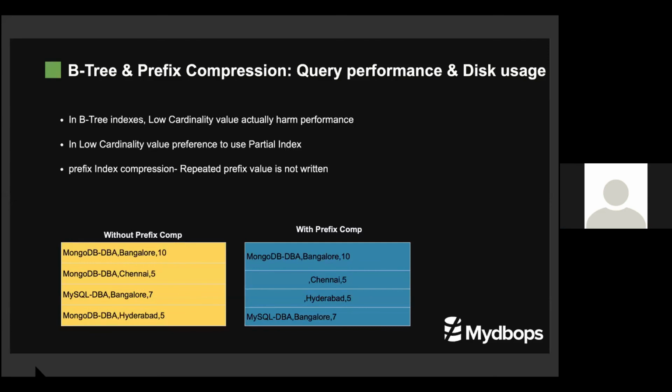The next thing is that you need to use a partial index in some cases. You need to use a high cardinality value as a prefix, and second, use the low cardinality value. It will help in some cases, but I don't say that it will increase performance. But when you use a compound index with high cardinality and low cardinality values, it will decrease the disk space, and the performance also improves a little bit.